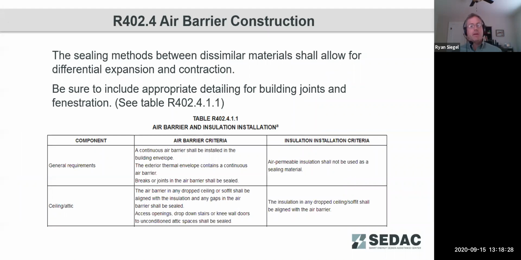As far as our air barrier construction details, we need to make sure that we're covering what the sealing methods are between any dissimilar materials and make sure that our sealing is allowing for expansion and contraction. You know, things are going to move, and so making sure that we are able to maintain that cohesive nature over time as the building ages. And making sure that as we're going through the construction documents that we are providing adequate detailing and perhaps not just relying on whatever the manufacturer says to install it, particularly focusing on where dissimilar materials come